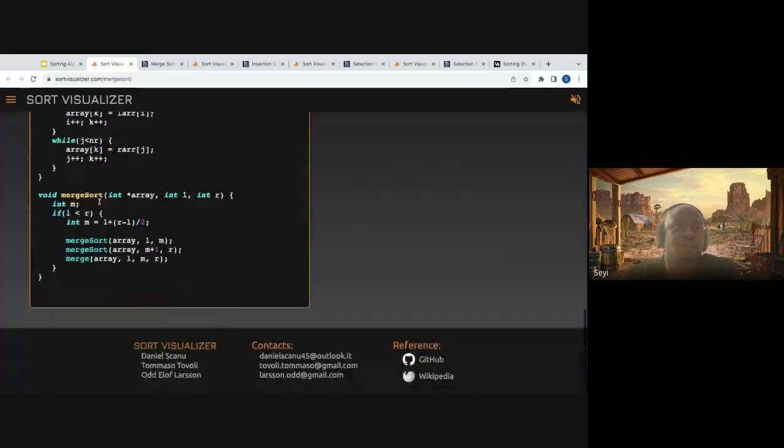Perfect. So look at this code here. The algorithm is very simple, right? While left is less than right. So in short, while we have at least two elements in this array. If we have one element, we are done. For left to be less than right, we have to have at least two elements in the array.